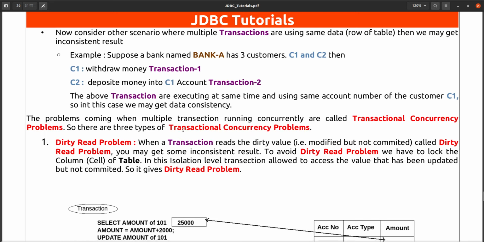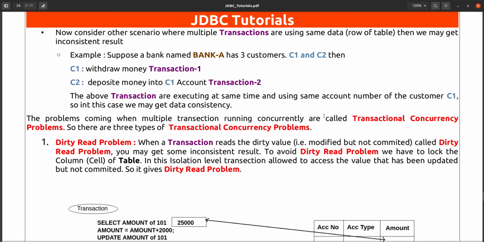When more than one transaction is executing at the same time and they are using shared data, there is a chance we may get inconsistent data when all the transactions are executed. That problem is called a data concurrency problem.